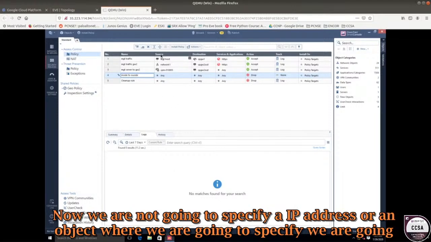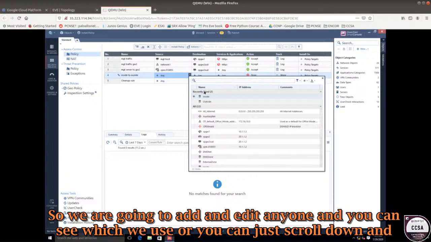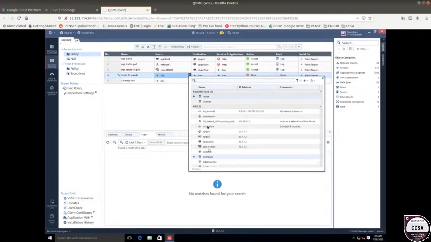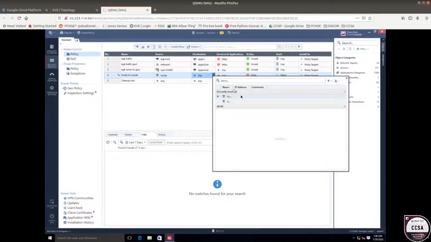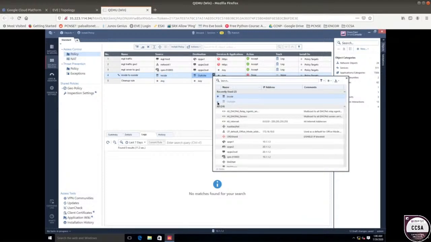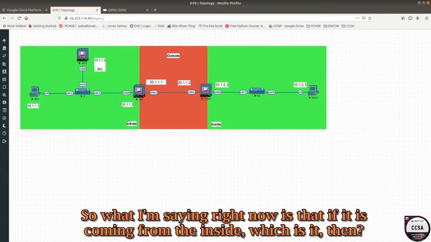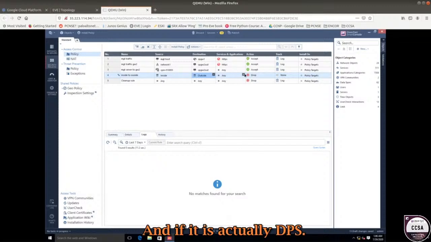And for the source, we're not going to specify an IP address or an object. We are going to specify a security zone. So we are going to go ahead and add a new one, and you can see recently used, or you can just scroll down and look for it if you want to. So it's going to be from the inside to the destination of outside. So what I'm saying right now is that if it is coming from the inside, which is Ethernet 0 right now, and if it's going to Ethernet 1, which is the outside zone, and if it is